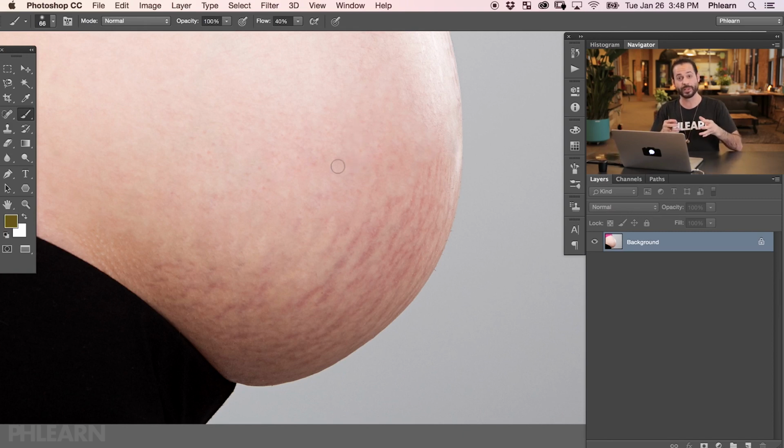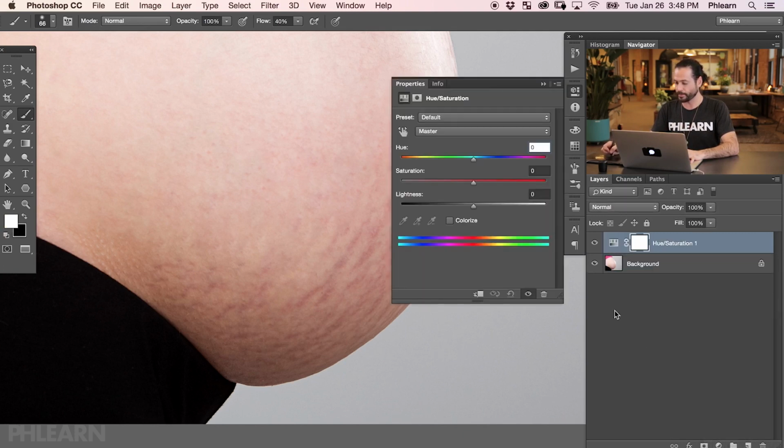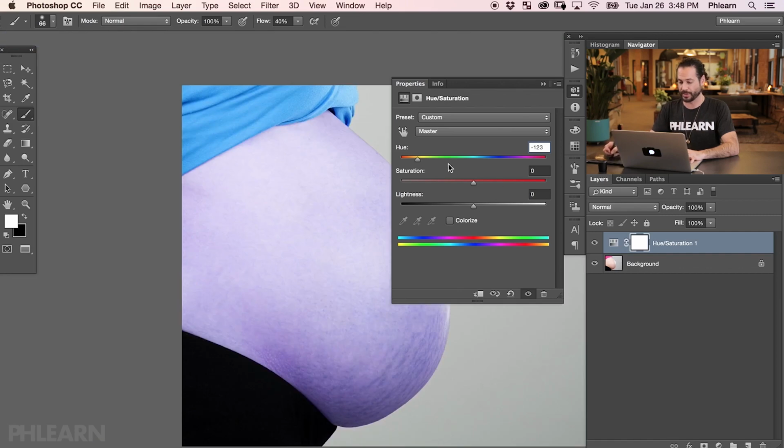So the first thing we're gonna do is we're gonna target this exact color, and we're gonna use hue saturation to do that. So I'm gonna grab an adjustment layer. We're gonna go to our adjustments here, and I'm gonna go all the way down to where it says hue saturation. Now, in a hue saturation adjustment layer, we've got a couple of options here we need to take a look at. First is our master, and this is basically, if I edit this, it's gonna change all the colors in my image. You can see it's changing the color of the skirt, of the shirt, and the skin, and things like that.